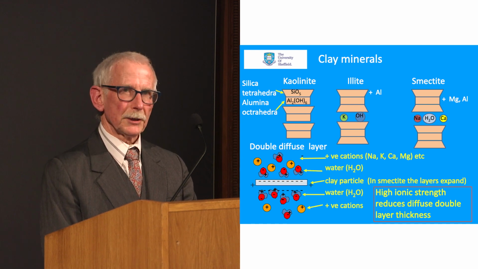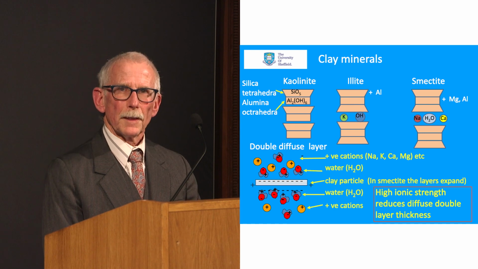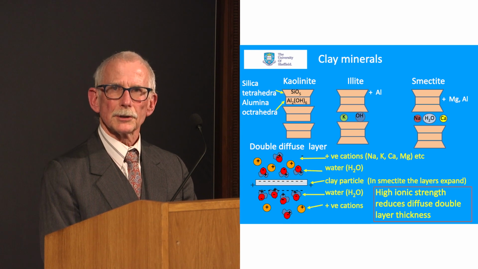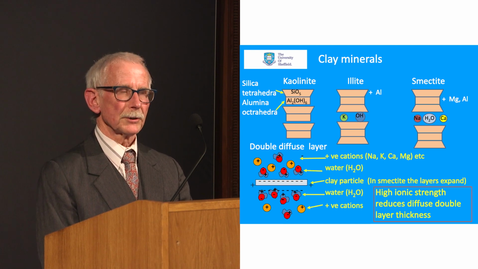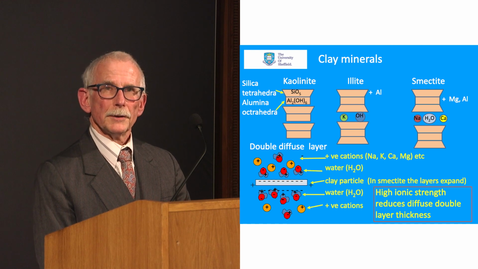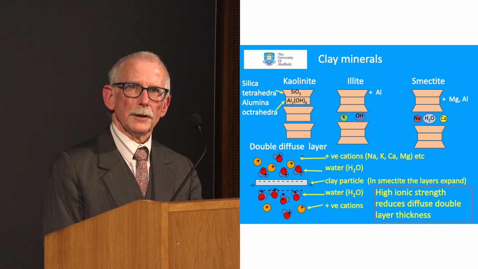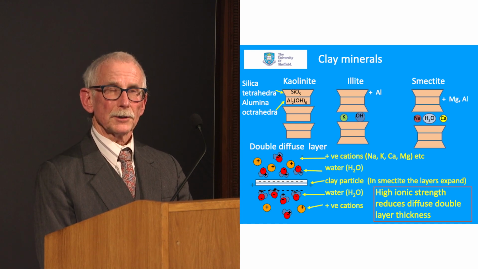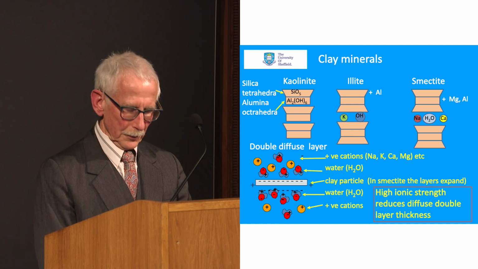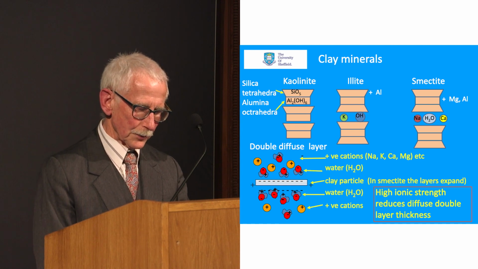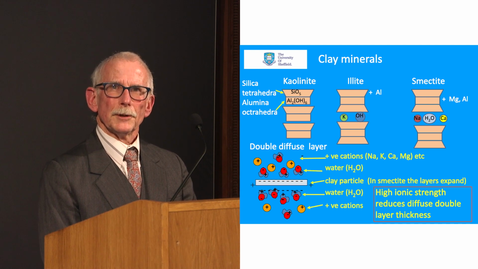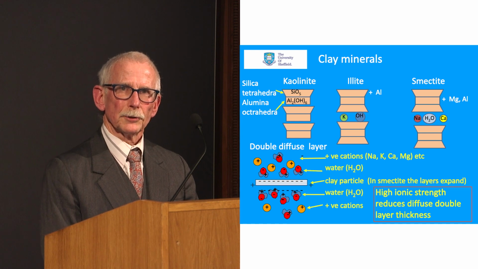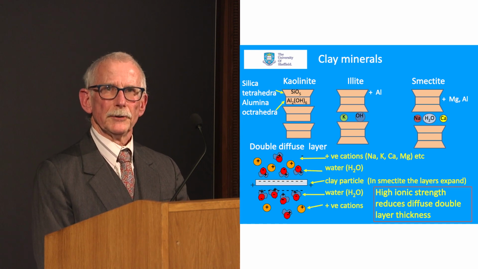In the case of smectite, you have the same sort of basic structure, but the binding between the sheets is via various cations and water molecules. The amount of water and the concentration of the cations depends on the situation. So it's variable, and it means that the smectite crystal can shrink and swell depending on the chemistry of the water,